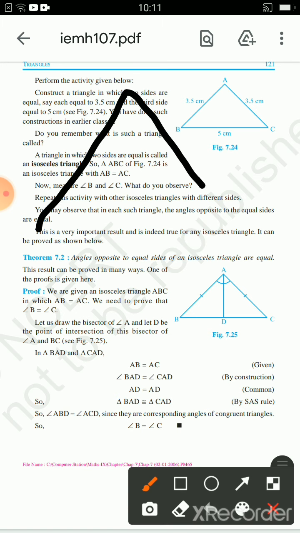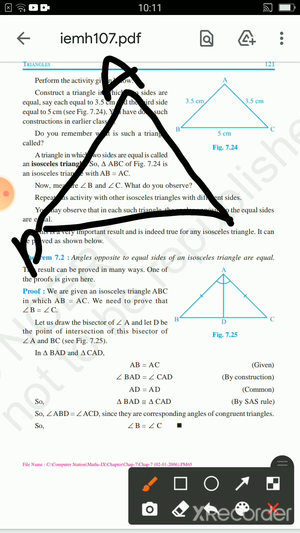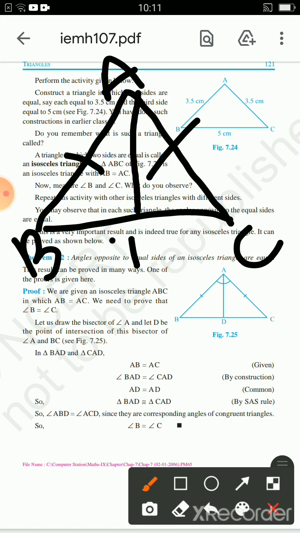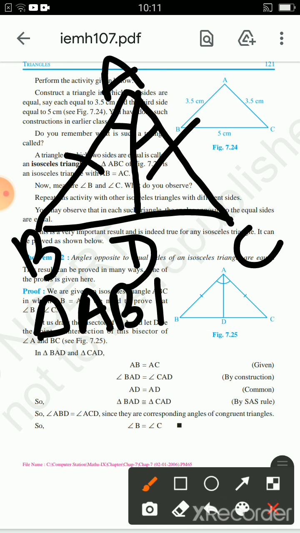Consider a triangle ABC such that side AB is equal to AC. By construction, we'll draw AD such that it is the angle bisector of angle A. So now you are going to consider triangle ABD and triangle ACD,